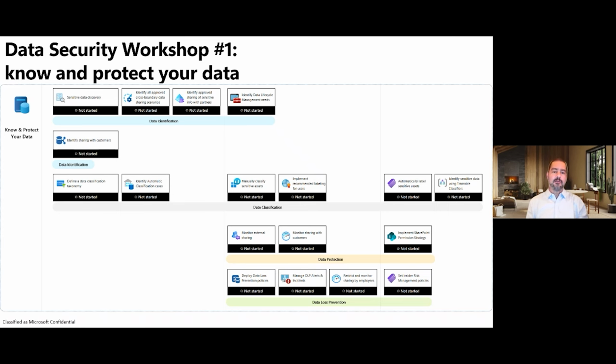The guidance for each of those is quite extensively documented in each of these boxes. If you click on each of these boxes, it will take you to a website where you will see the guidance, and it will tell you what to do for each. You have the description of the tools to use, and you have the explanation of how to use them to achieve these different goals. One thing that is different from the other workshops is that the other workshops